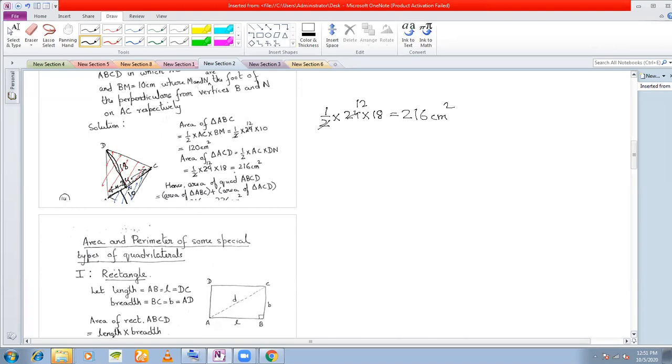And about the blue shaded triangle, for the area of the blue shaded triangle, again we use the half base into height formula. This time the base is again 24, and the height is this perpendicular, this one. In fact, this is a little cut here, so it looks something like this. Okay, so this perpendicular is given to be 10. So if you cancel, you get 120 centimeter square. So if you add up this, you will get